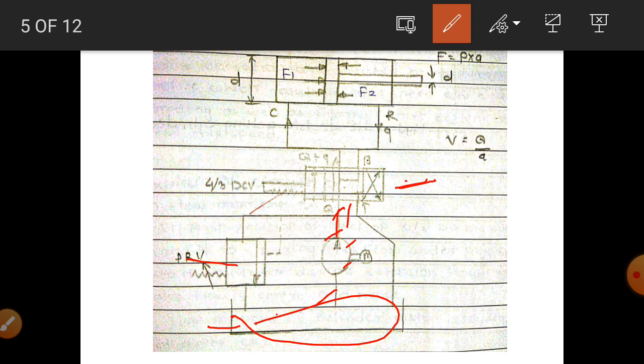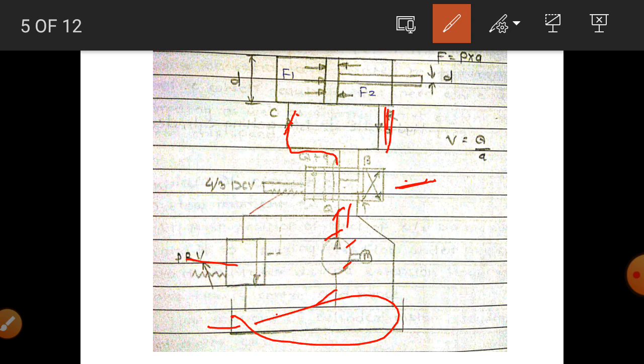Okay, so the first connection is connected to the actuator inlet side, and the second one is the return line. This is a return line, this is the suction line. This connection is connected to the directional control valve, and the return line is directly connected, and this circuit is completed. That type of circuit is known as a regenerative circuit. We can use the return line pressure also in the system. So this whole circuit is a regenerative circuit.